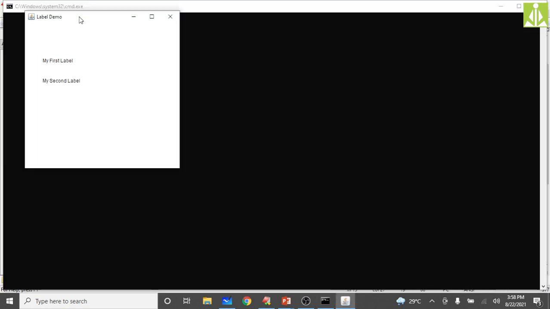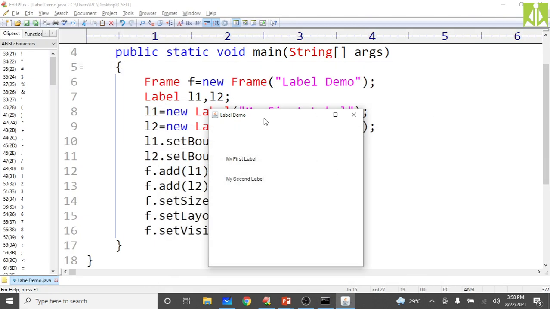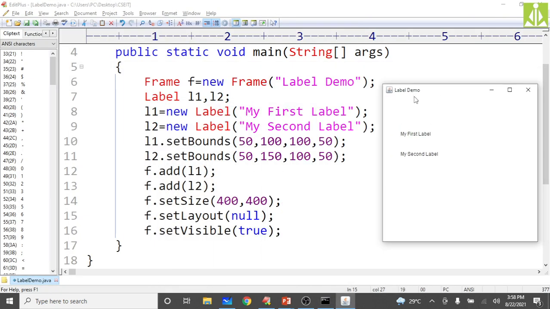See, in this output, the label demo, we are getting it as the frame title, the window title over here. Where we have given this label demo, whatever you give when you are creating the container, whatever message or title you give, it will become the title of the window. Then labels are like normal messages to print. As I said, we are not getting any GUI component for that one. It is coming like a normal message only on the window.